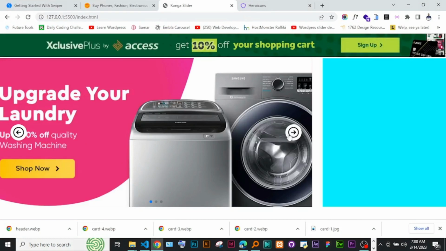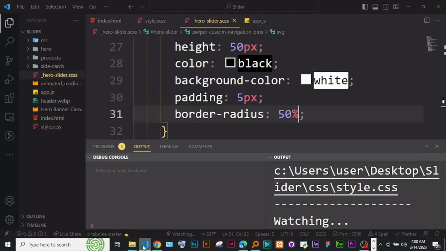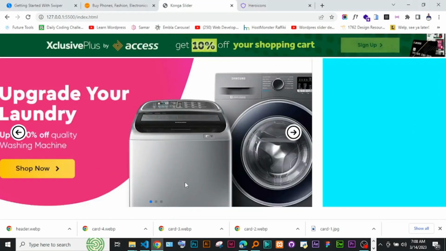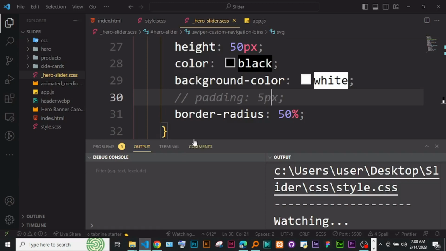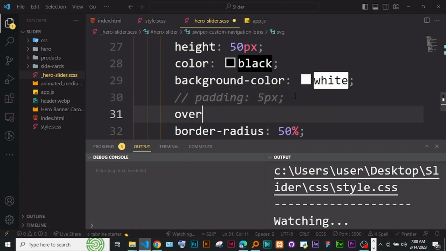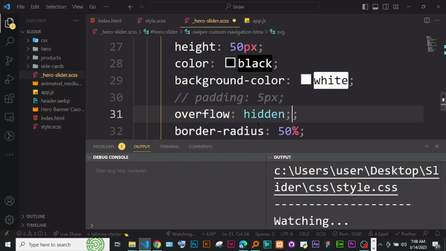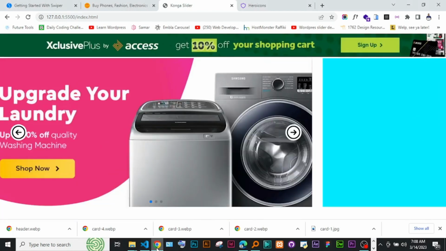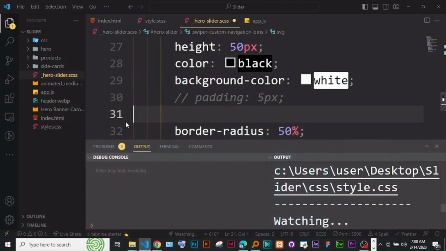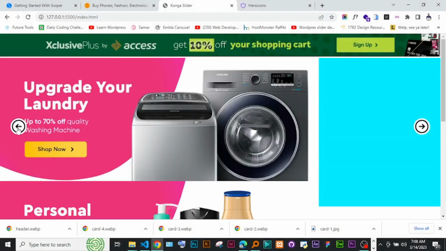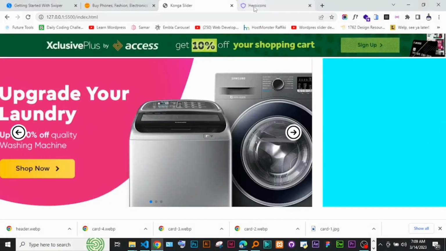Okay, so if you wanted, let me first see if I remove this 5 pixels thing. Okay, if you wanted, you could leave them like that. Let me see if I give overflow hidden, if this makes any sense. It doesn't. You could leave them at that, or you could get